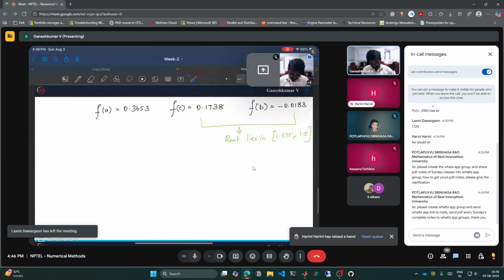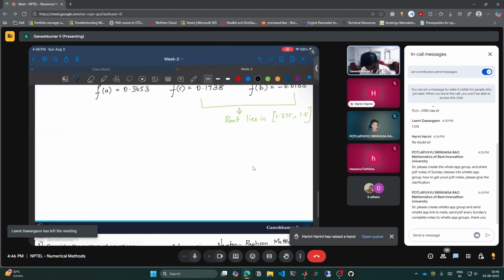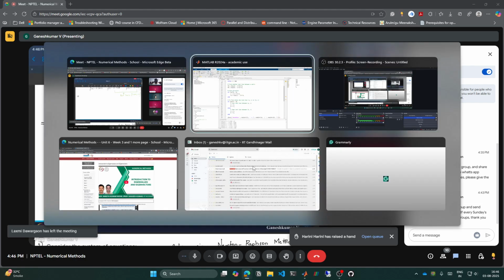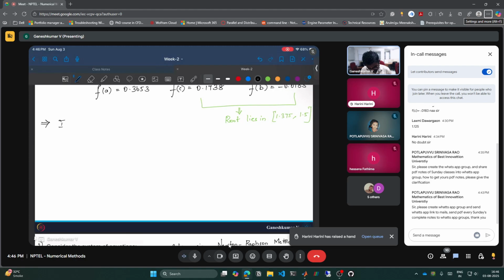So what we did was we wrote a MATLAB program, and around iteration 16, we could have continued this by hand, but it's just a boring task. Around iteration 16, we found the interval to be 1.488 and some numbers, and 1.488 and some numbers. So up to the third decimal, the root is going to be